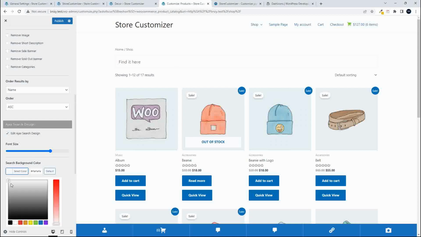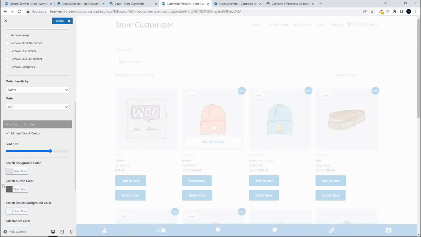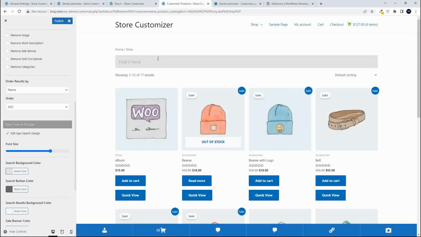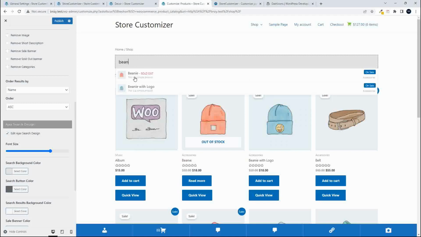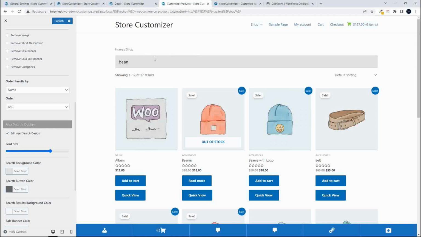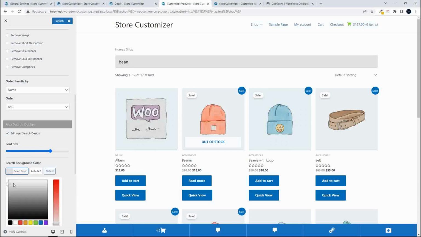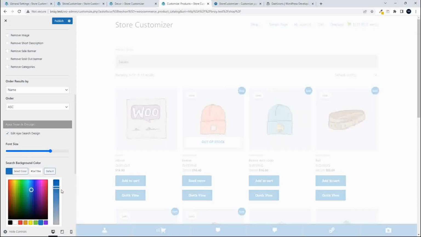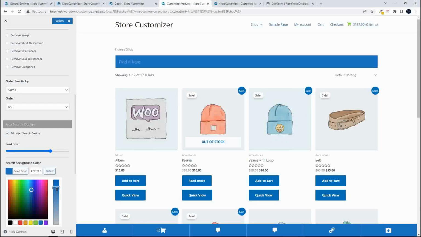Just then, if you do want to highlight the background and draw people's attention to the fact that it is a search bar, then changing the background may not be such a bad idea. And immediately we have that grabbing the attention. Just need to choose the right color so people don't see it as a title, that they actually see it as a place where they can input some information. So you want to go with something light. So if it was blue, then you would want to go for